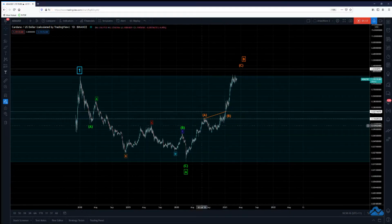Now, this particular B wave is a nice sharp 3-wave move, and the B wave within the B wave is a very simple correction, but it's an expanded correction, which means the B wave ended above the end of wave A. Now, this may look a little bit impulsive at this stage, but I think it's just a very strong wave B. I don't think that there's going to be a follow through that will continue to the upside. I do think it'll hit $2 though, before it makes a reversal and heads back down in C wave,